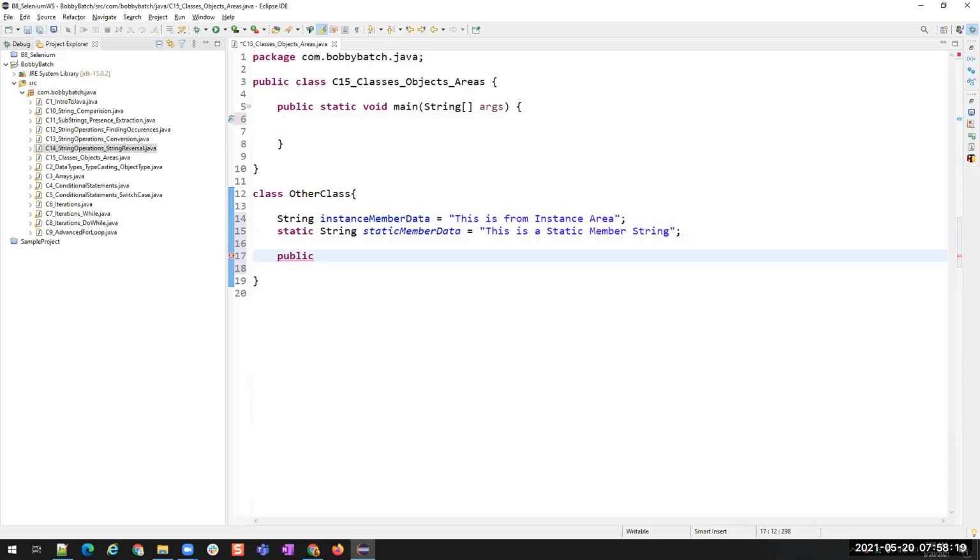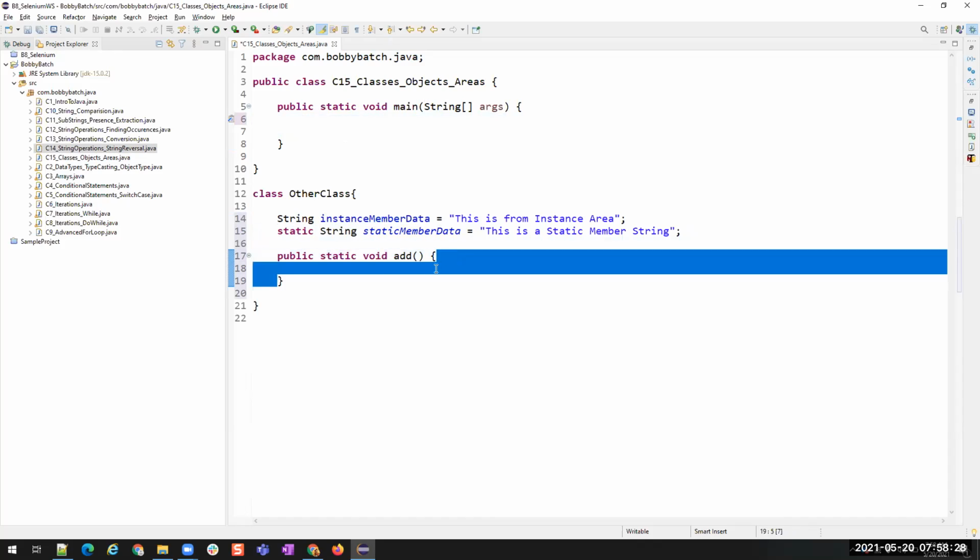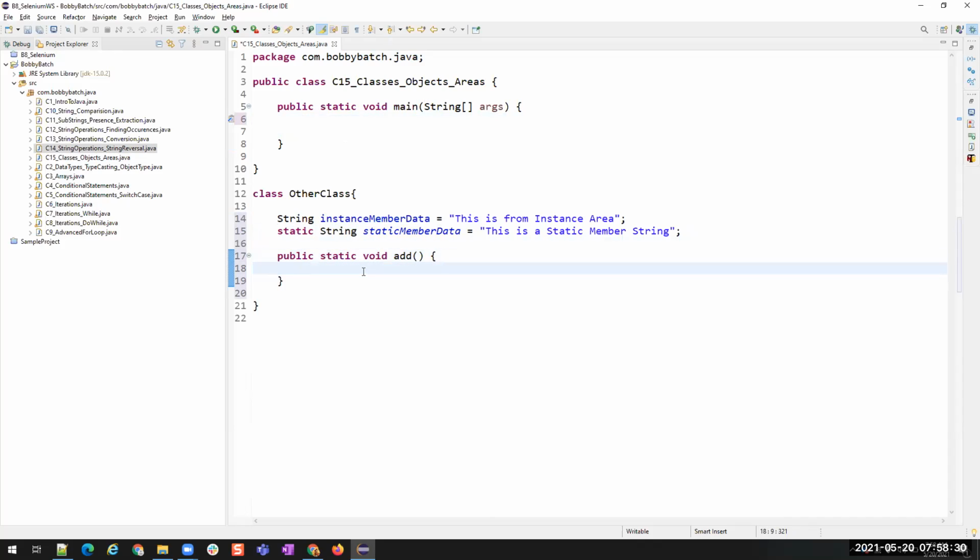Public static void add. Okay. Since I used this static keyword, this area will become static area. So whatever I write here will be static. This is inside add static method. Then I'm going to write another method, public void multiply.